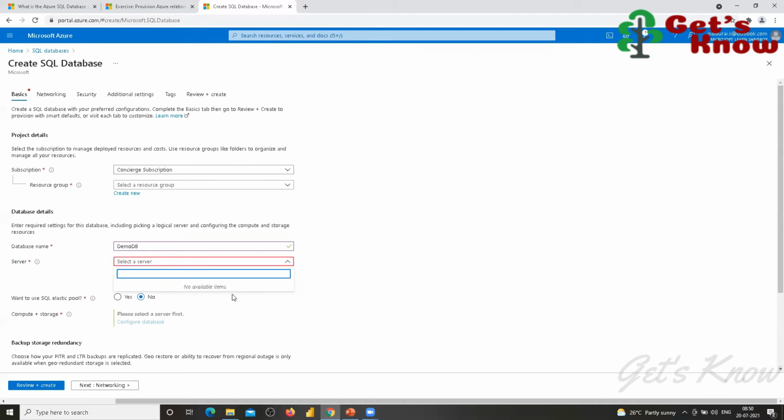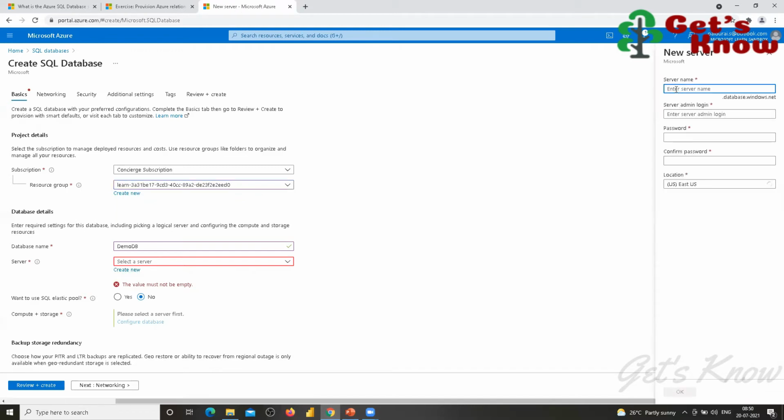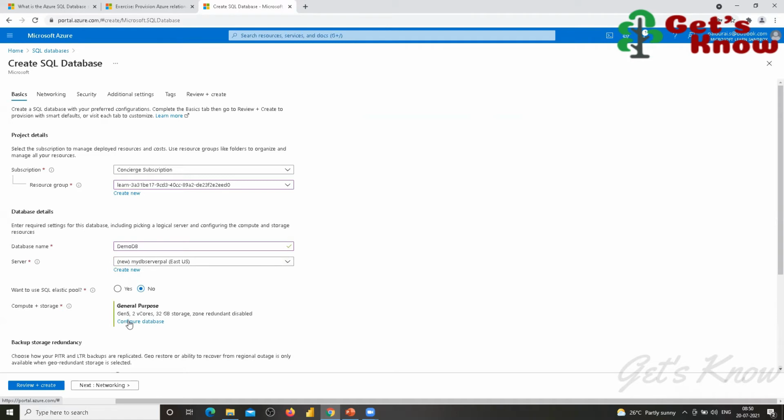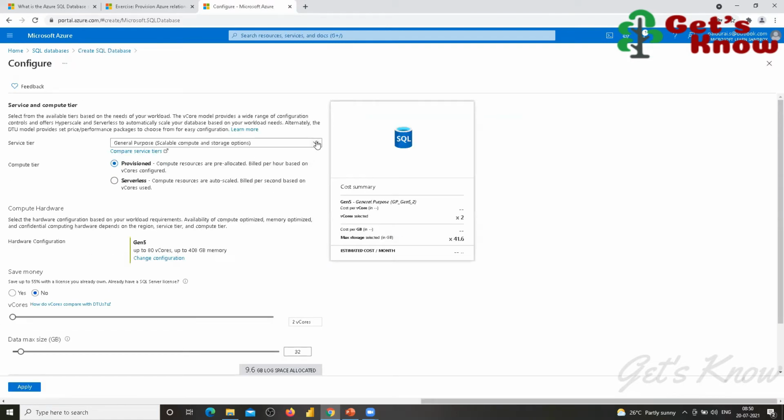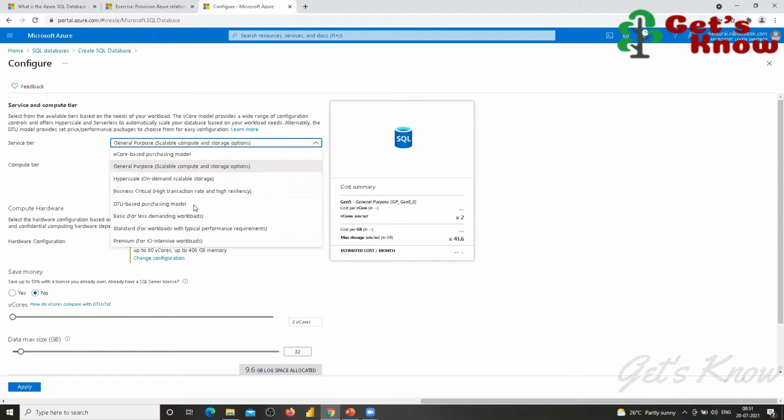Here in this configuration, the DTU purchase model has three options: basic, standard, and premium.